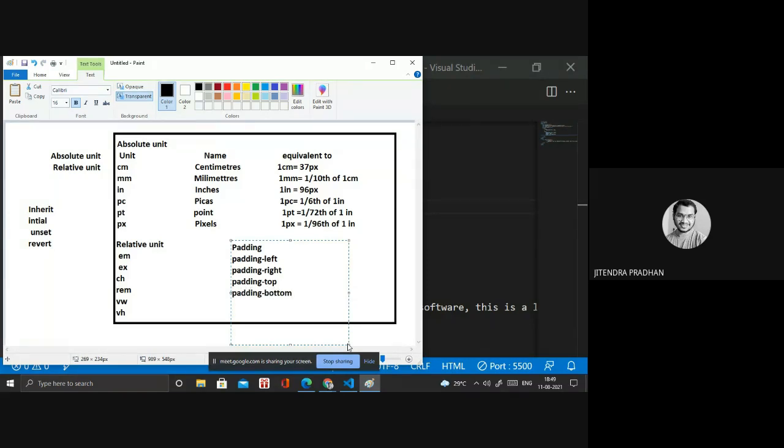Okay, done. So these are the properties we have for padding. For a general property we use padding, but if you need padding left, you have to apply padding left, padding right, padding top, and padding bottom. Okay, in the same way we also have border. In the border we have border color. I will show you in that way.